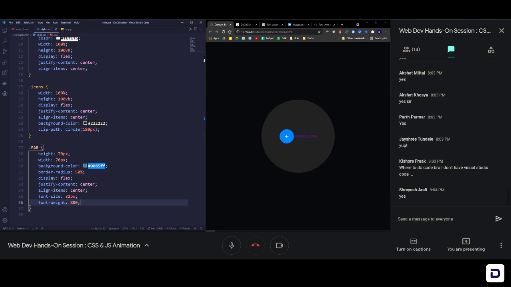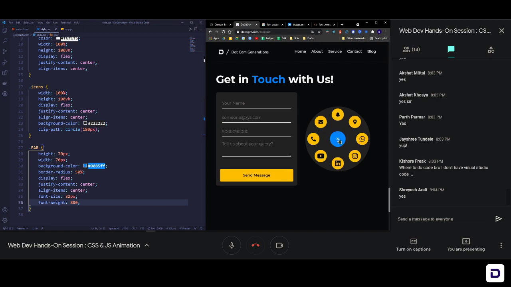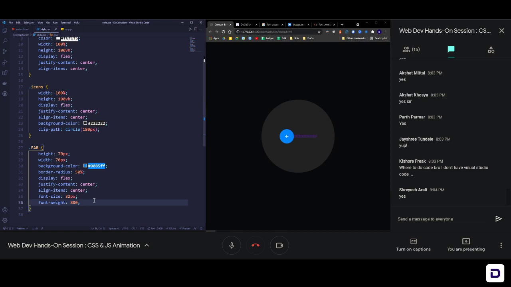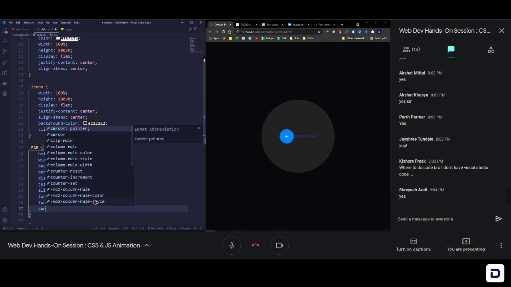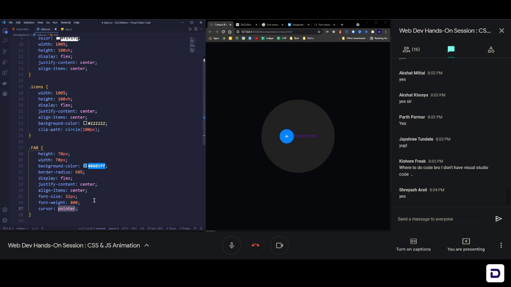Now, what next can we do here? One more thing I notice is that when I hover over this blue icon on the original design that we are replicating right now, my cursor, as you can see, is a normal cursor right now, but when I come over this, it starts behaving as if this is a button, right? Whenever I hover over it, the cursor becomes a pointer. That can be manipulated using a property known as cursor. So we can say that whenever our cursor is on this particular element, it should become a pointer. So save it, and now you can see that whenever I hover over this or interact with this, my cursor is a pointer now. So that's also very important.